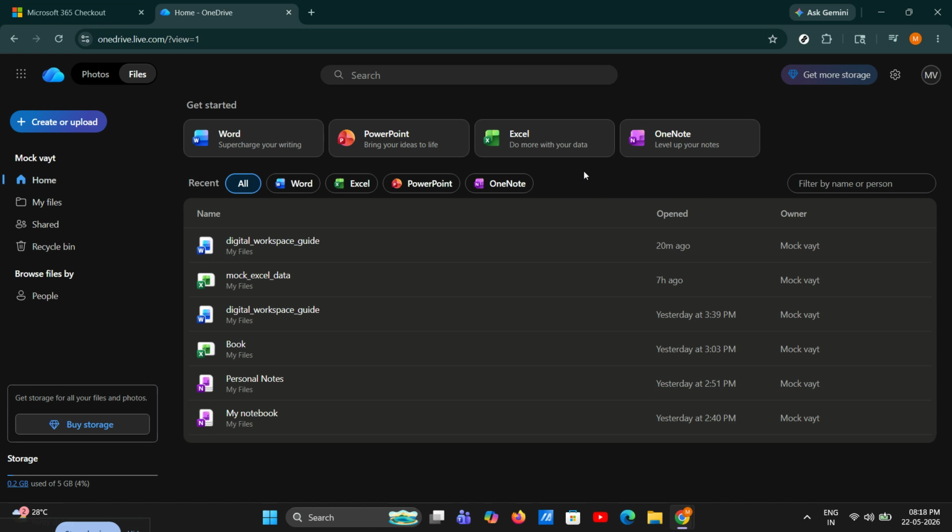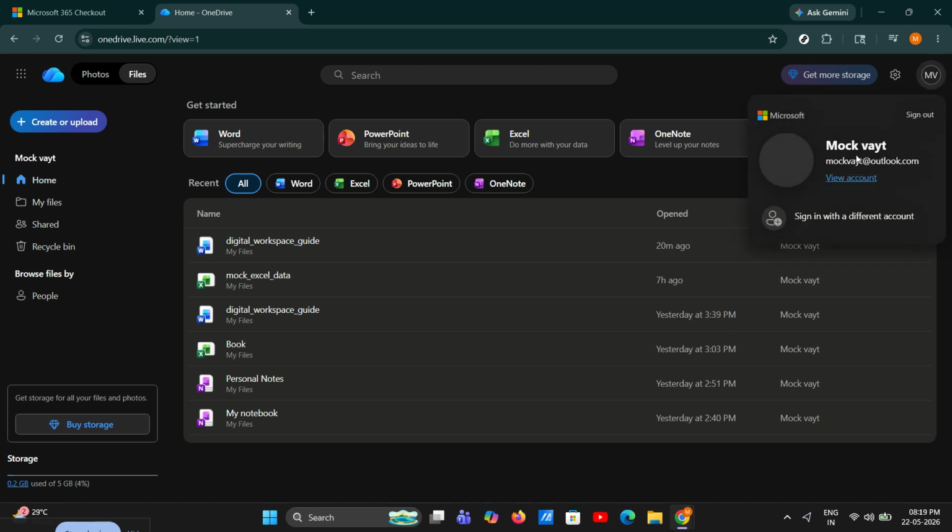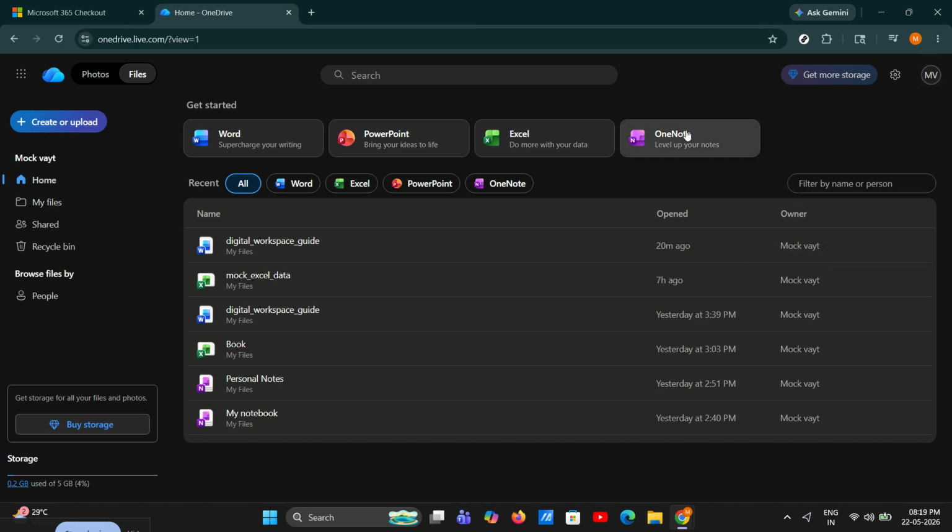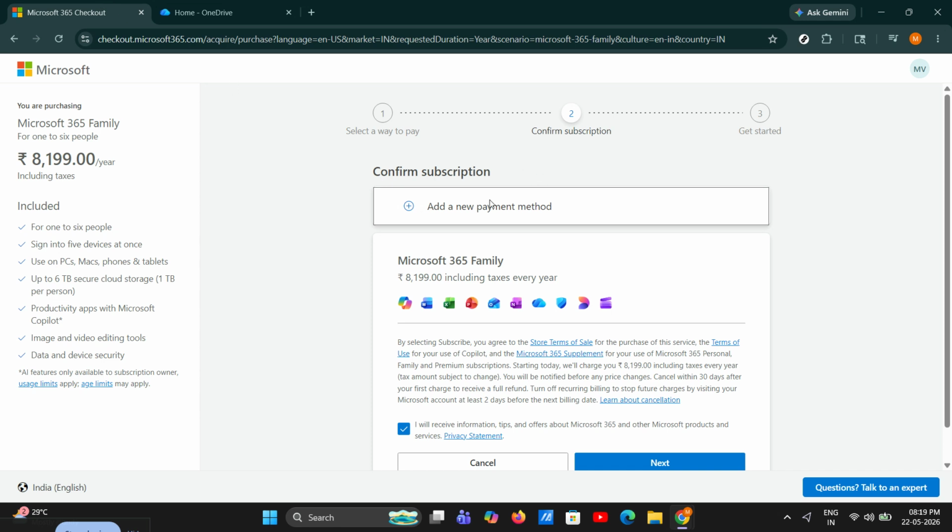If you run into any issues, the most common thing to check is whether you use the correct Microsoft account. The subscription must be tied to the same account you use in OneDrive. Also, make sure the payment or trial setup actually completed, because the storage upgrade won't appear until the plan is fully active. If you still don't see it right away, give it a little time and refresh your account page,